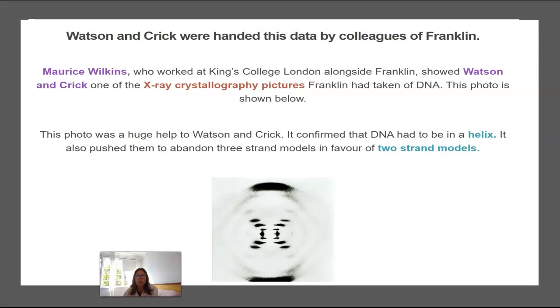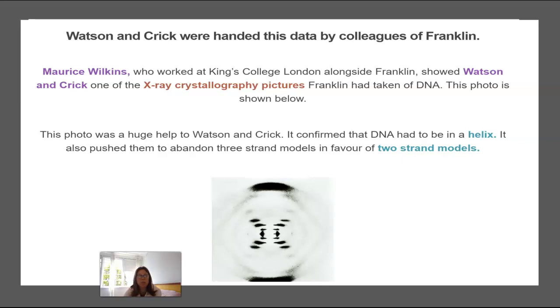So basically, one of Rosalind Franklin's colleagues gave Watson and Crick her pictures. And you can see in the picture down the bottom, it makes kind of that double helixy sort of shape. One of these colleagues gave it to Watson and Crick, and it was a huge help to them and led them to furthering and publishing their results and abandoning their other models in favour of